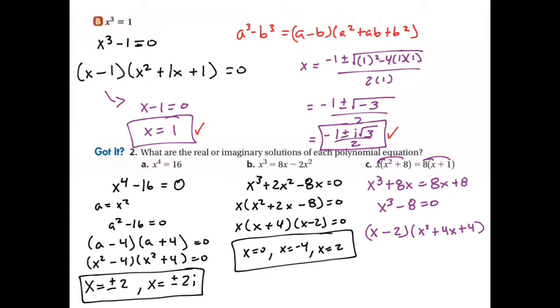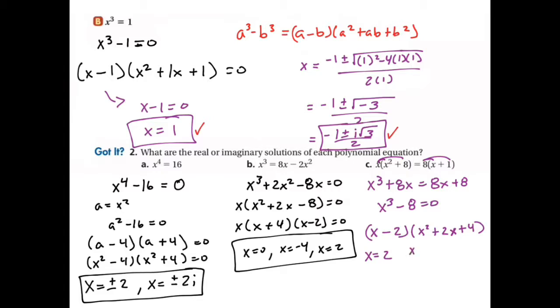Oops, made a mistake again. This should be 2x here. All right, there we go. And so this portion is pretty easy to solve. We get x equals 2, but here we would have to use the quadratic formula, which I can kind of